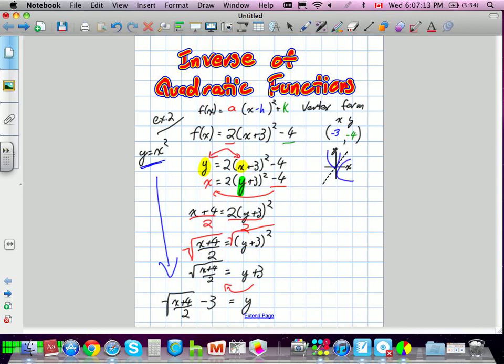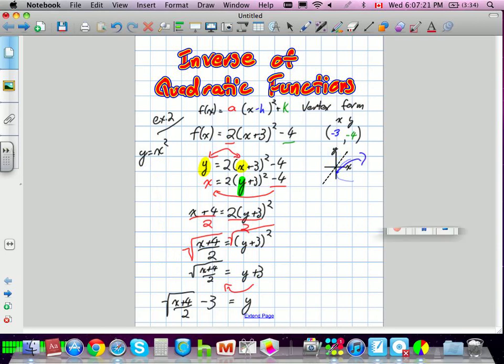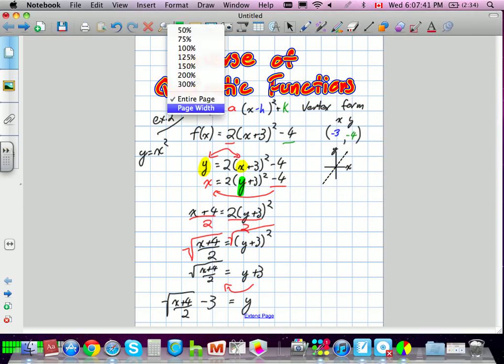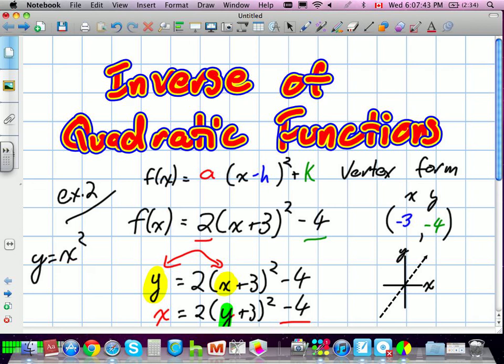And now what we got is a root function, which you could say is a sideways parabola, but it depends if they want us to keep it as a function or not. Sometimes they'll only draw it as half of a parabola and not the other half. And we'll go into graphing that in a second. Okay, so the other thing they're going to want you to do,